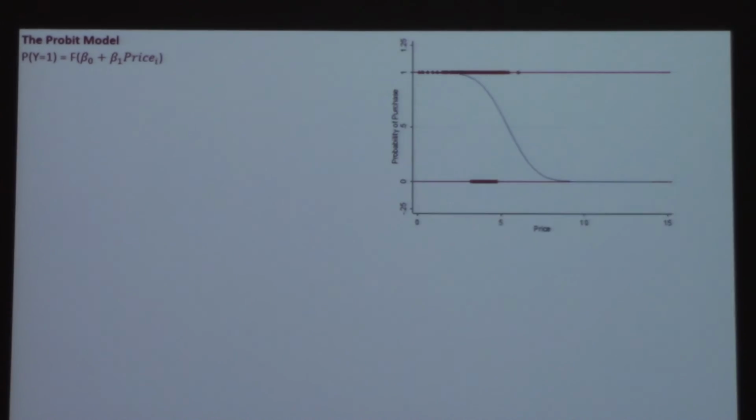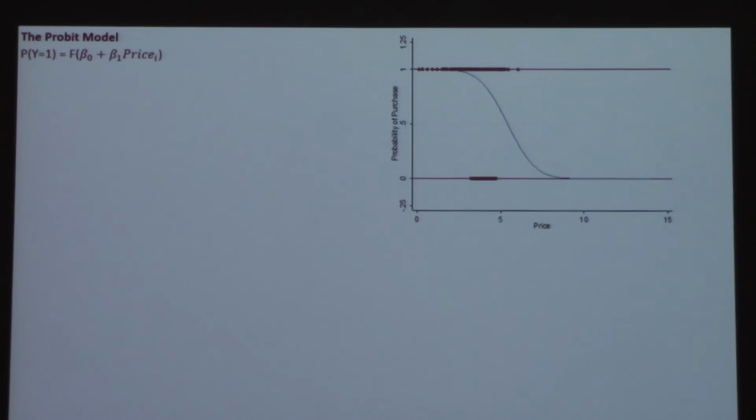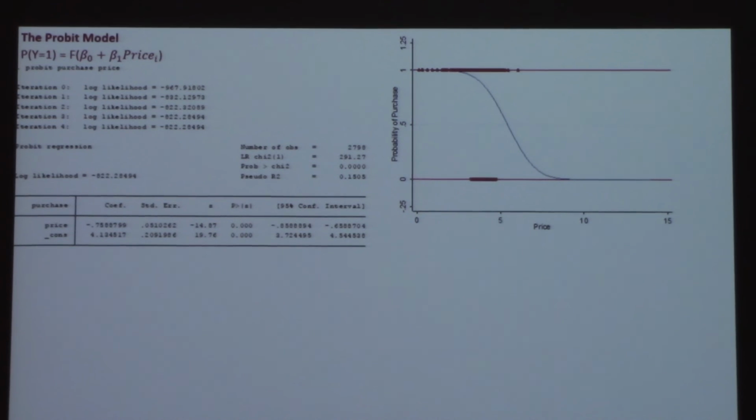So when we run a regression, when we run a probit, and this is a new command, here's a demand curve, price against the probability of purchase. Notice it's S-shaped, but now it's going down. So it looks like a demand curve. It's downward sloping, so it's following the law of demand. It's always negative. And now we get this wacky looking output, and this is where things get hairy. It's a different methodology than ordinary least squares regression. OLS is literally just a mathematical formula that finds the line that best fits the data, minimizes the sum of the squared errors, all that kind of stuff.